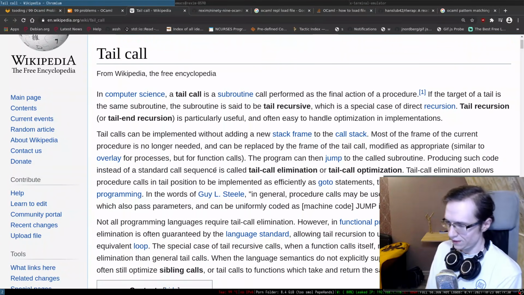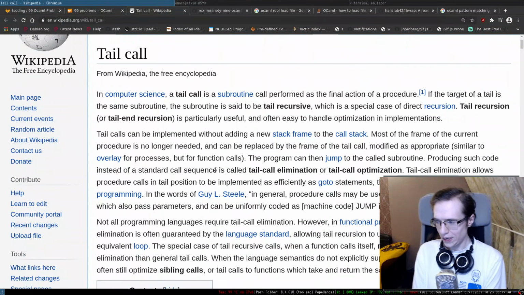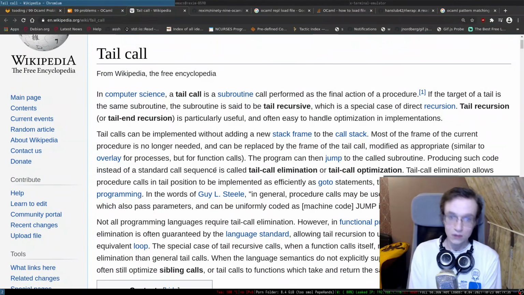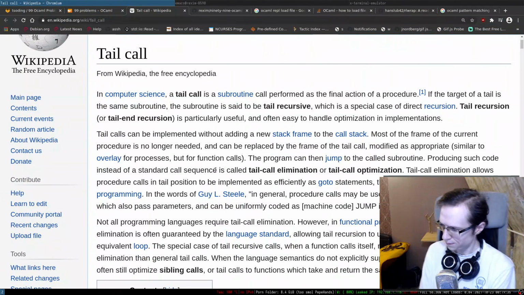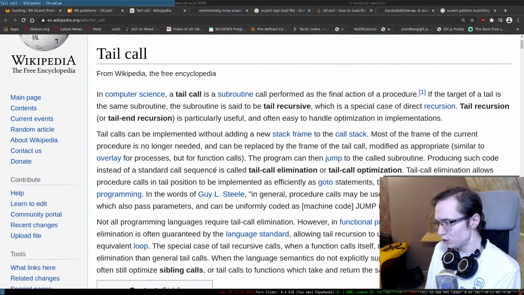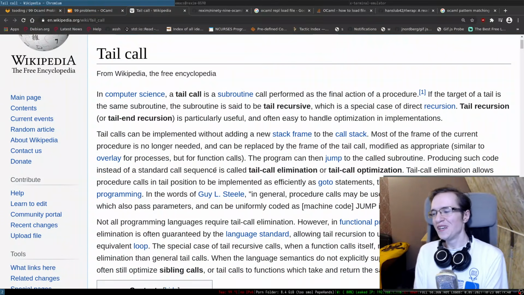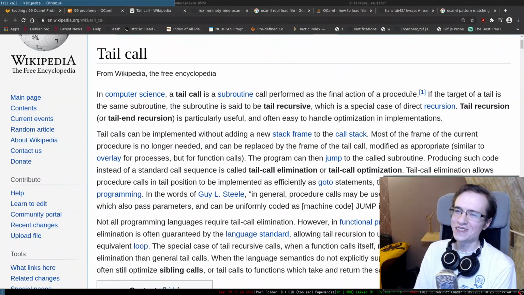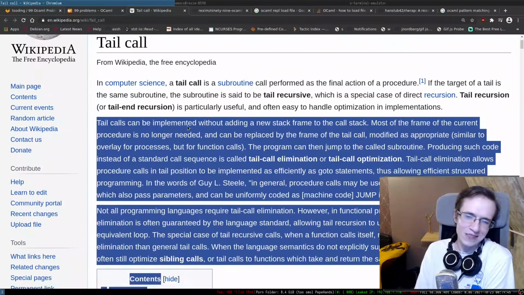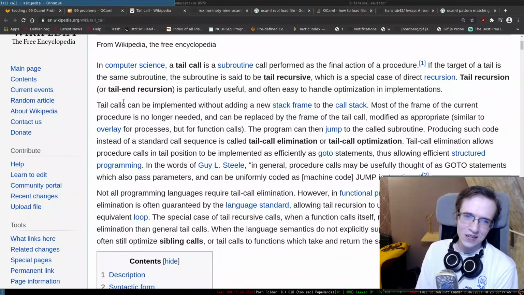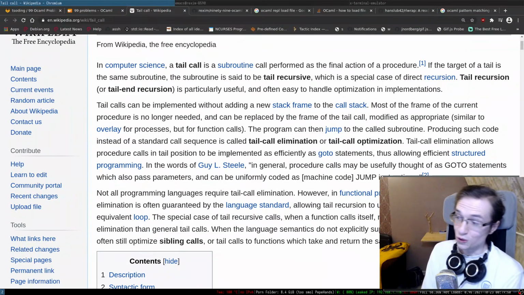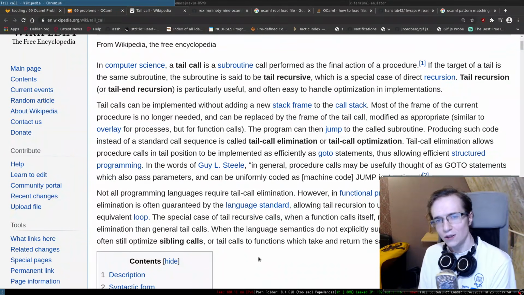Tail recursion isn't even in Perth. Why would we need to know? That's a good question. We could probably implement it. Yeah, it feels like it's generated by GPT-3. Like, what is this? So maybe if we read a little bit further, maybe we'll know what it is. Tail calls can be